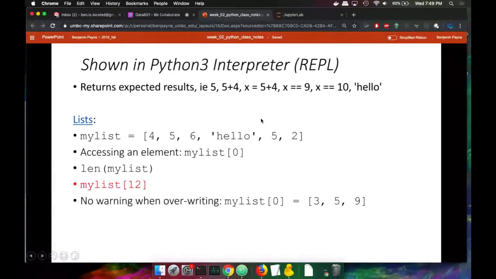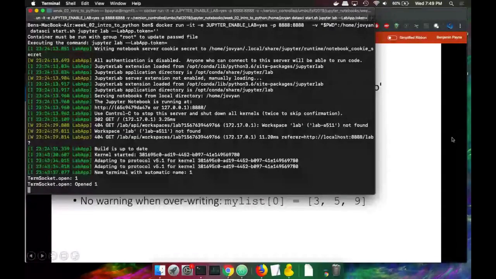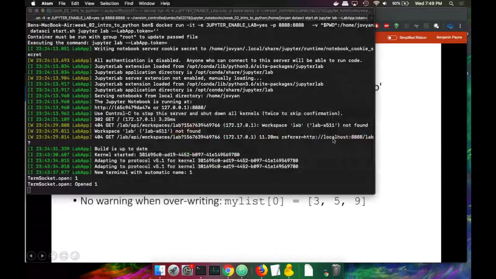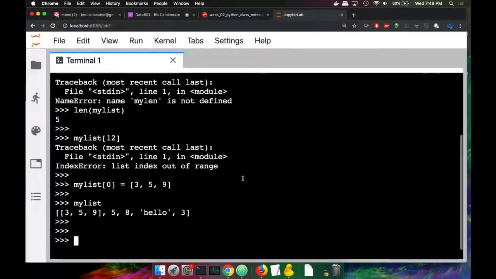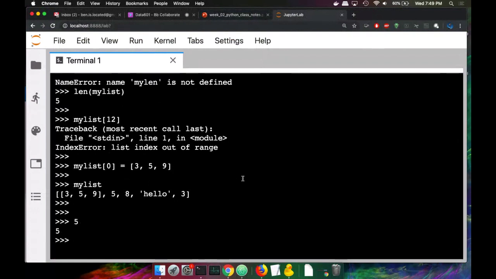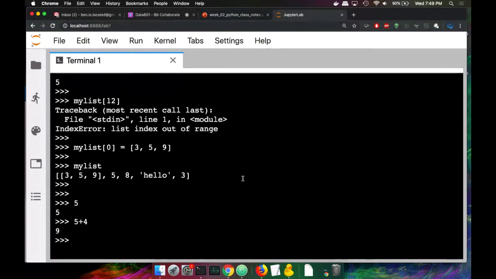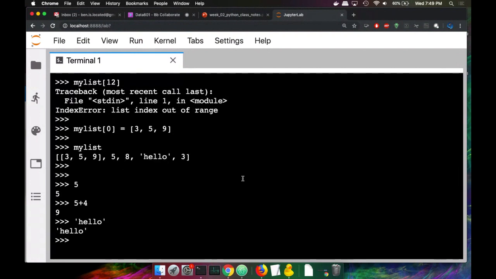It's in the slides. All right. Oh yeah, I should also mention the straightforward stuff, that it does the things you'd expect it to do. You can pull that up. The things I showed you were like, if I type in 5, it just returns 5, 5 plus 4, 9, right? So all the things you sort of expect. Those are all good things. But